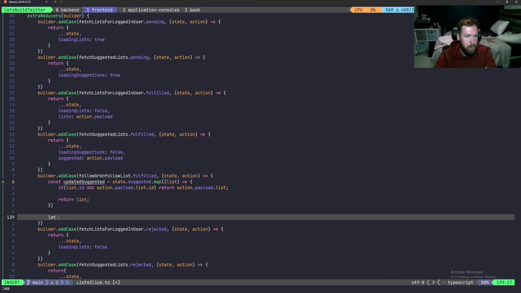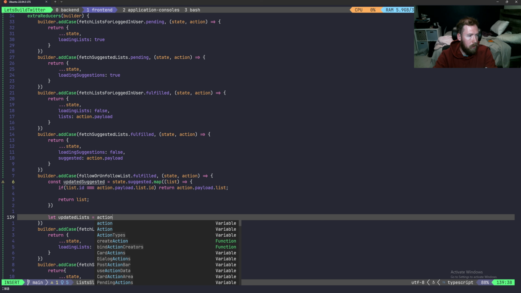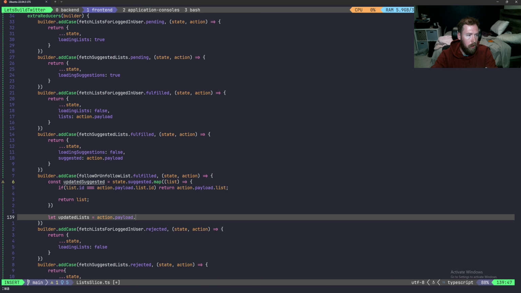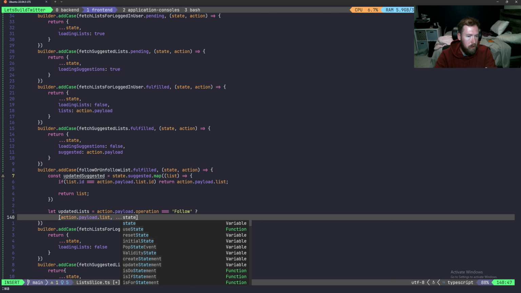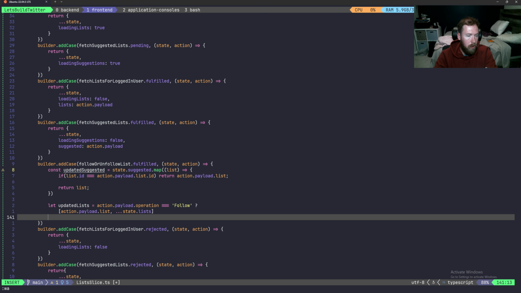Next, we're going to say updatedList is equal to action.payload.operation is equal to "follow"? Here we could have done toLowerCase and all that stuff, but this should be fine. If that's the case, we're going to say action.payload.list, ...state.list. Otherwise